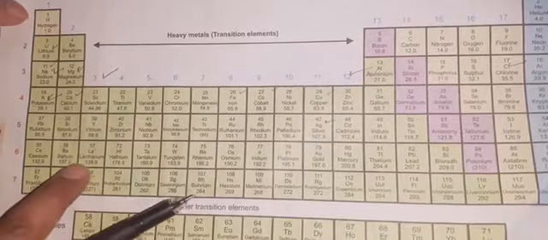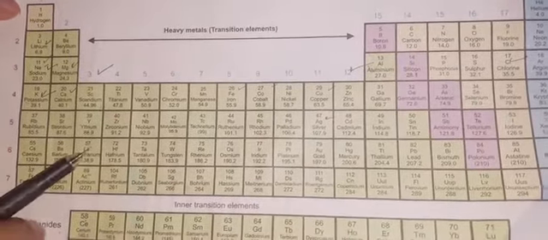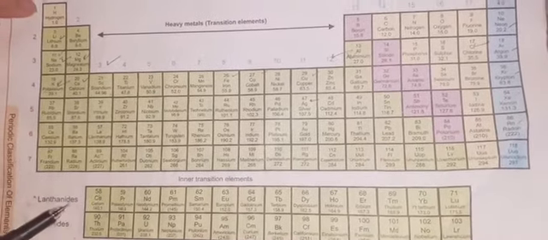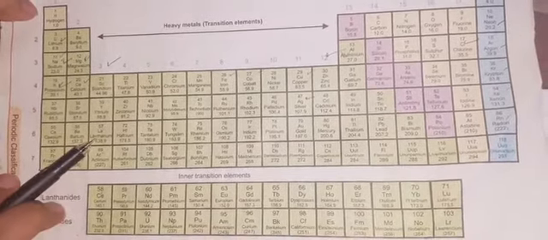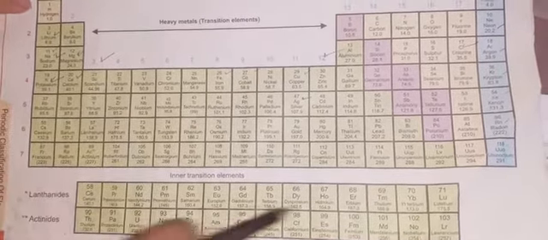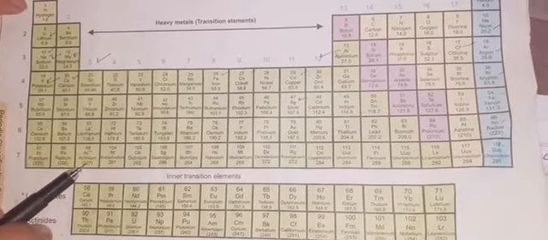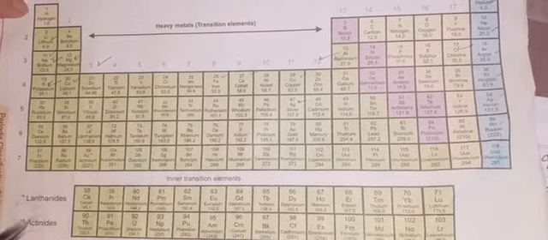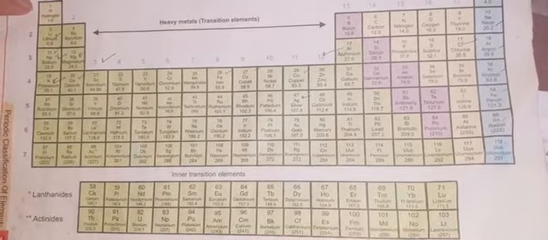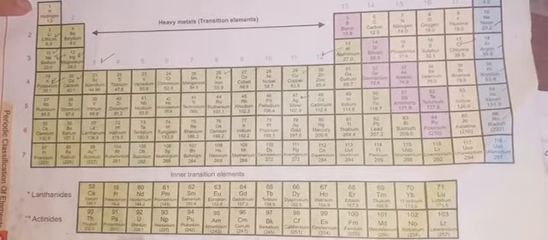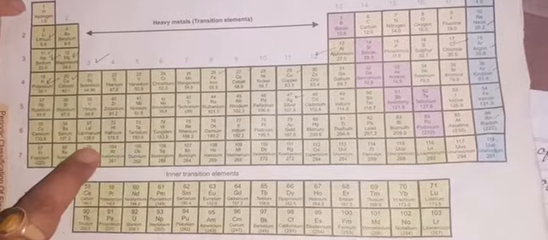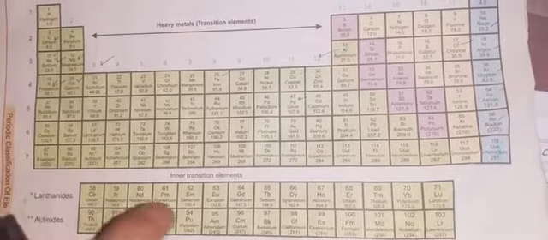Because they do not fit inside this table, they are written separately here, and this group is called lanthanides. Why? Because it is coming after lanthanum. So the name of this whole period is lanthanide. Similarly, here you will see after actinium, the rest after 89 you will see 104. So elements from 90 to 103 are written separately. These two groups of inner transition elements are written separately because it is not suitable to write them here, otherwise the periodic table looks